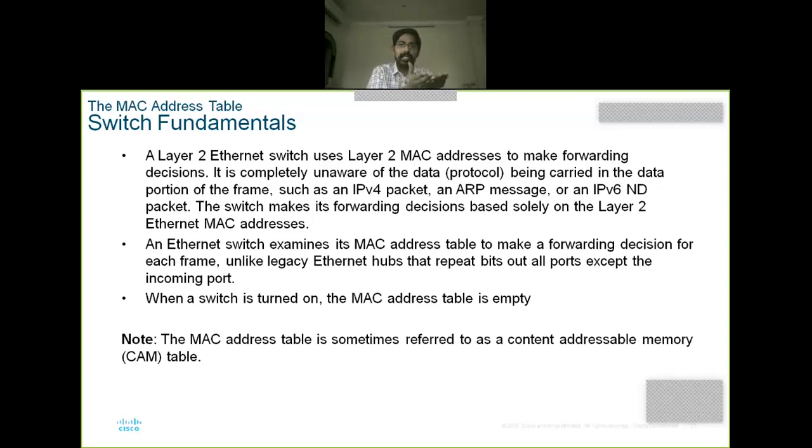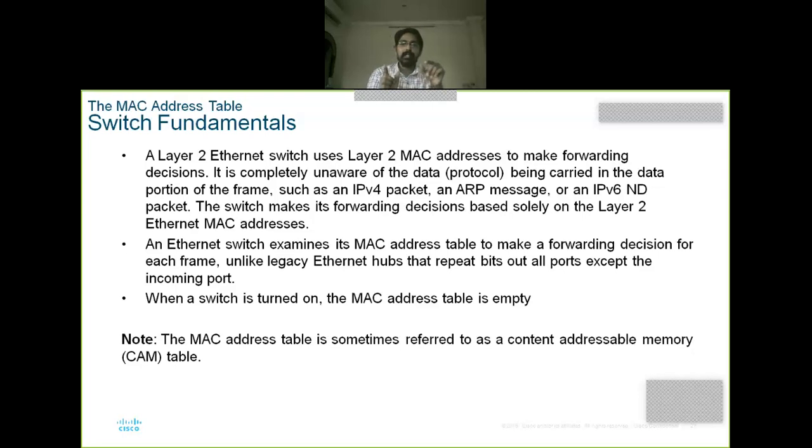So from the MAC address table, a system will perform a request. Suppose I want to communicate with some server. The switch contains the IP address, port number, and MAC address, right? So what the switch will do is send this message to that particular port only. It is nothing but the switching operation, right? The Ethernet switch examines the MAC address table to forward the Ethernet frame, right?